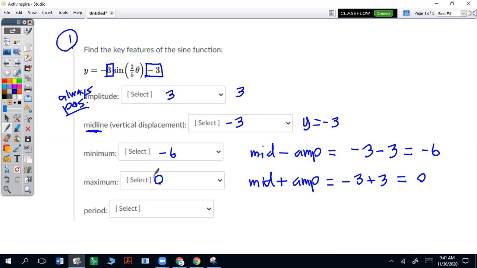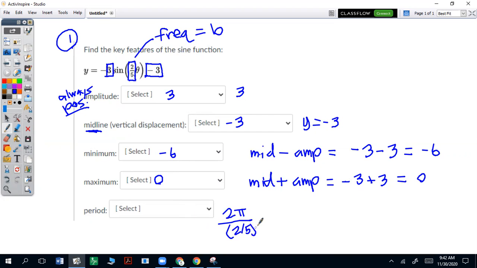And then your period is going to be 2 pi divided by your frequency. Your frequency is this number here. So if any question asks for your frequency, that's the b value. So you just say 2 pi divided by